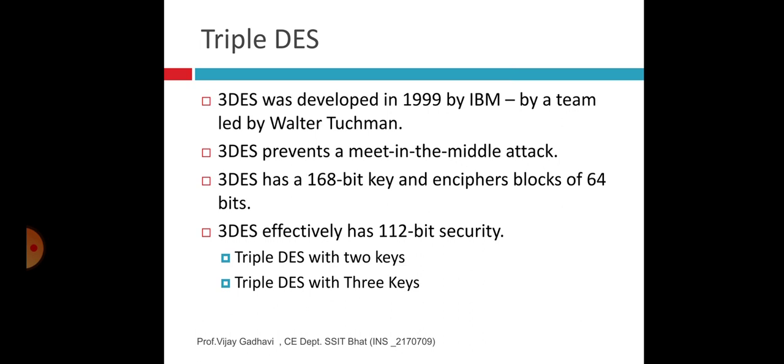Triple DES can use two keys. Here we can also apply three keys. In short, we have covered the DES standard, the double DES standard, and now triple DES. One more observation is that we use a 168-bit key for enciphering a block. That's all about triple DES, the basics.